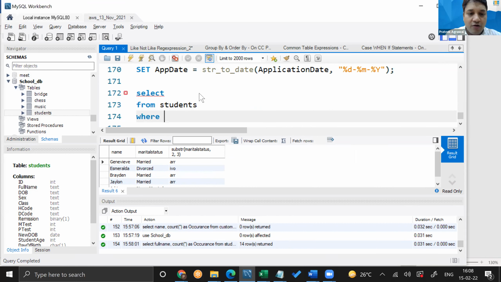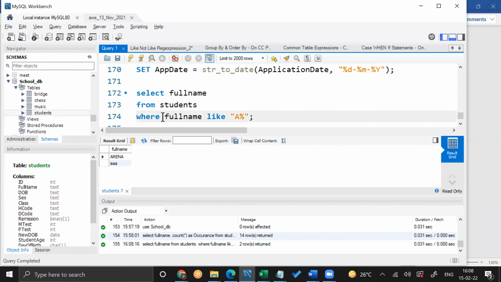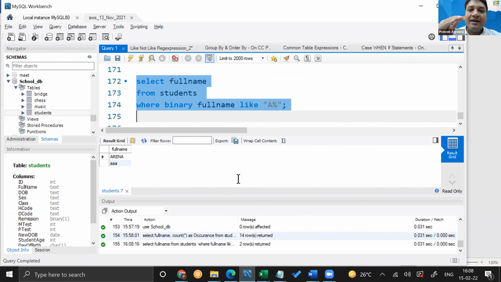Let's say I'm looking for name starting with A percentage. This means name starting with A, but this is not case sensitive by default. But if you use the word binary just before writing the field name, then it becomes case sensitive. Binary level matching.